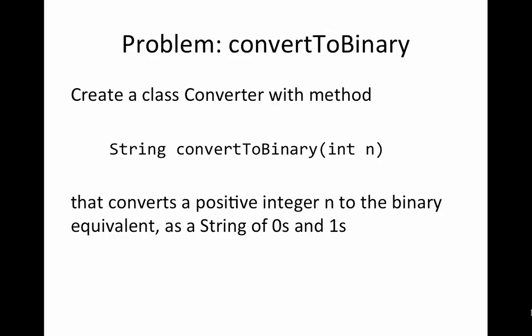We're also going to assume that this is a positive integer that we want to convert. If one supplies a negative integer or 0, we can just return something that is not really the representation. So what we want, for example, is if we provide the decimal 42, we want the method to give us back a sequence of zeros and ones, and that will be 101010 for 42 in particular. The first hint that I can give you here is that you can use a while loop